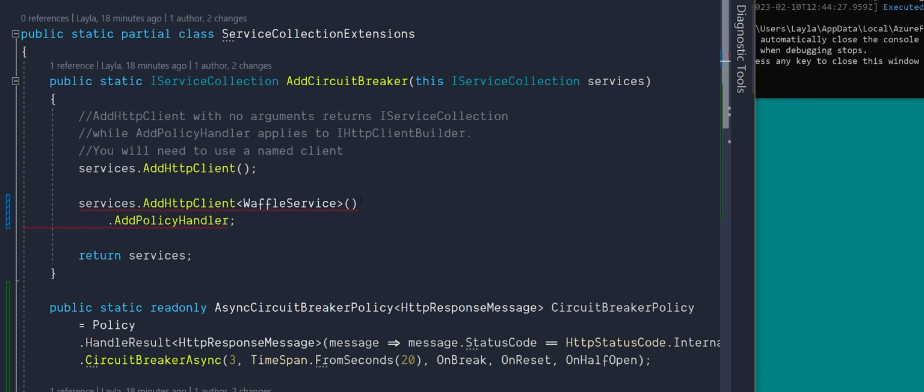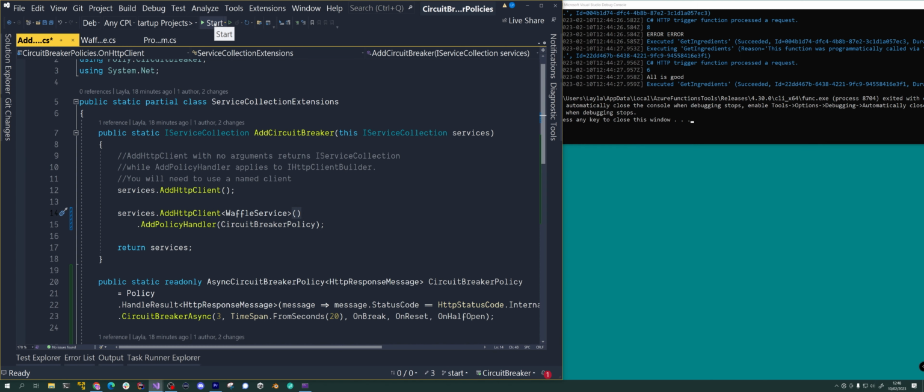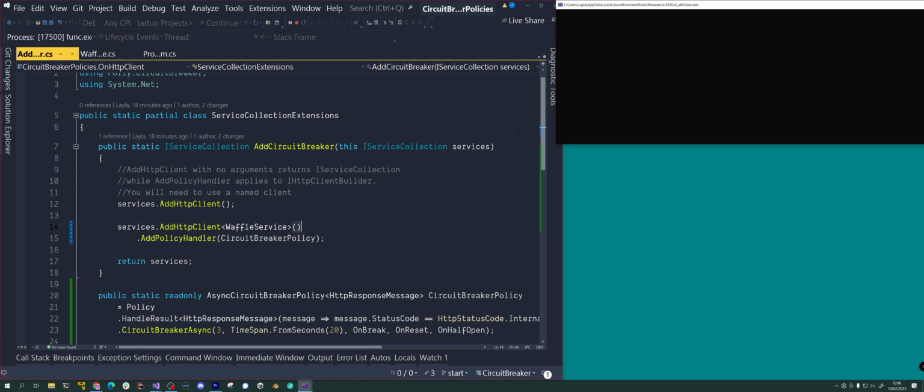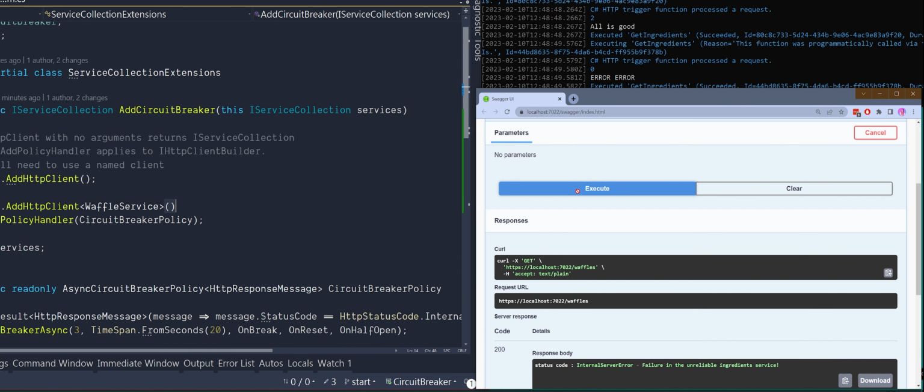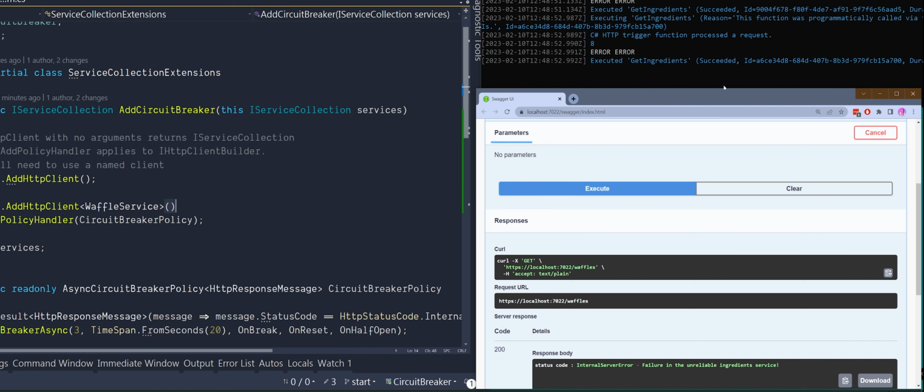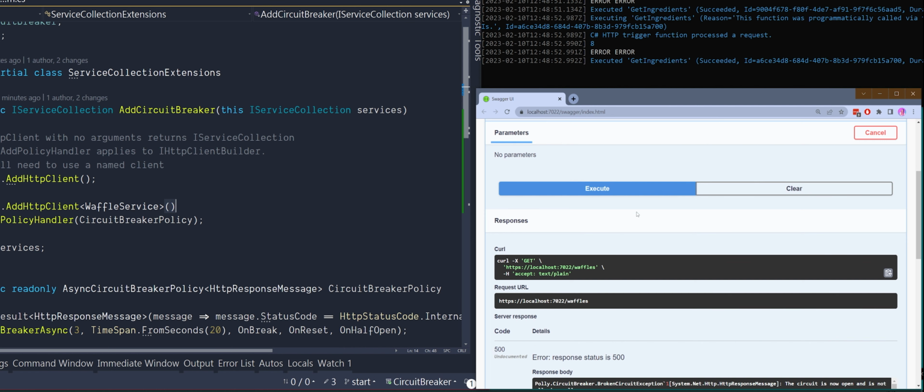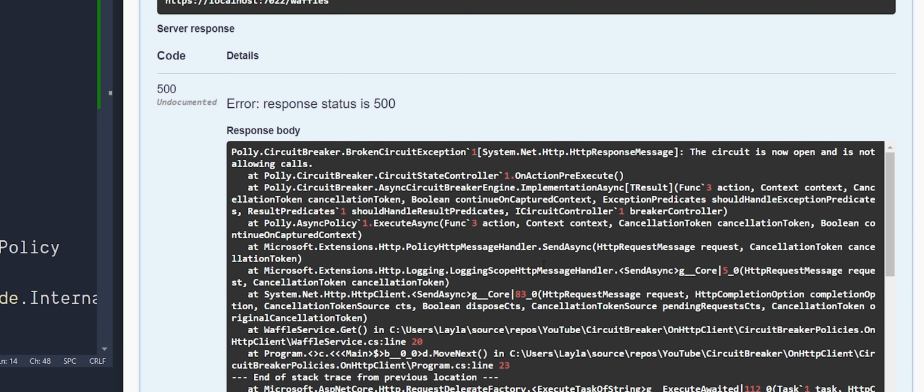We then add this policy to the HTTP client WaffleService by calling the AddPolicyHandler extension method, with the circuit breaker policy as its argument, like this. Let's run it and see what happens. Cool, you can see that if the request is successful, everything works as expected. However, if the request fails for our specified 3 times, we can see that the circuit breaker pops open, and